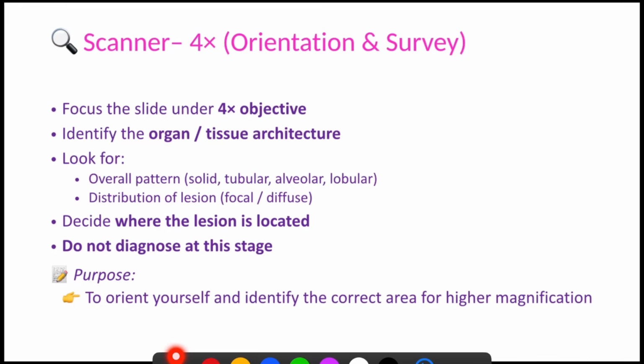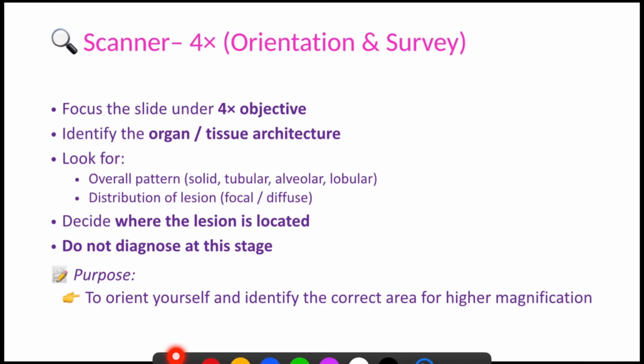With the help of tissue architecture, we look for the overall pattern and distribution of the lesion, and with the scanner view we can easily identify where the lesion is located because the wide field is visible. There is no need to diagnose at this stage because this is generally for organ identification as well as